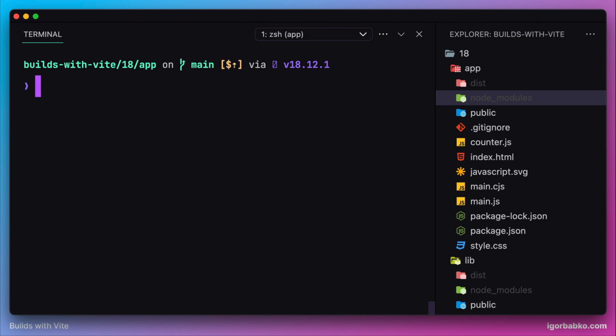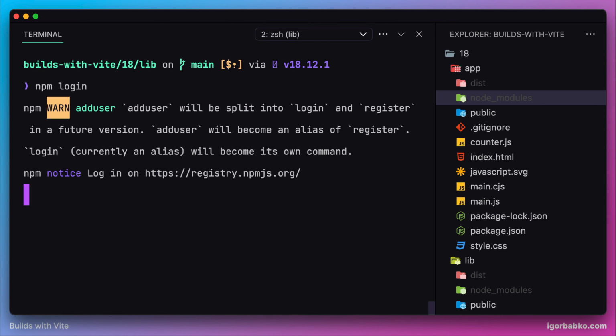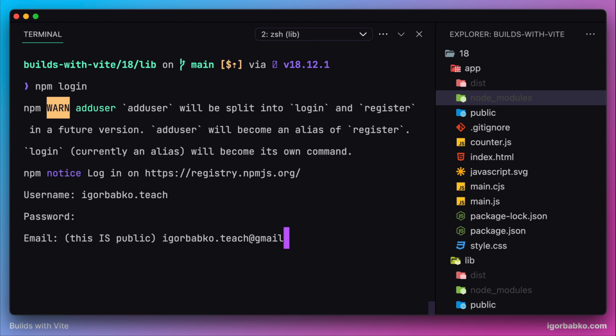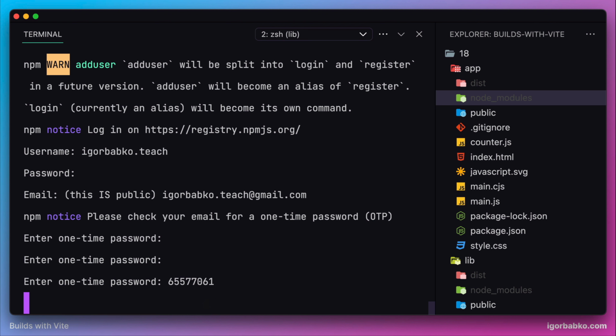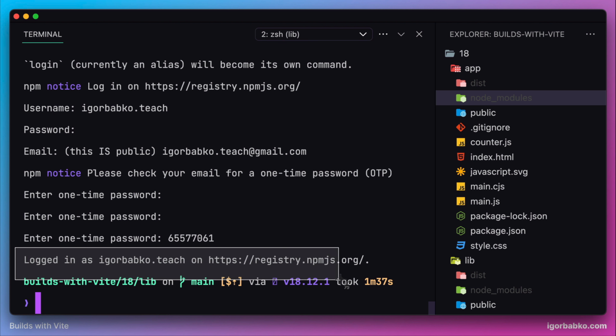So first of all, what we have to do is to log in. Let's run npm login in the root of our library, and we will be presented with a couple of prompts. Here we need to type in the username as well as the password that we have used to register on the npm website. And yes, side note, we need to be registered upfront in order to log into npm. Then we also have to enter our email address, and right after we will receive a code on our email. So let's enter this code in here, and as soon as we see this message,